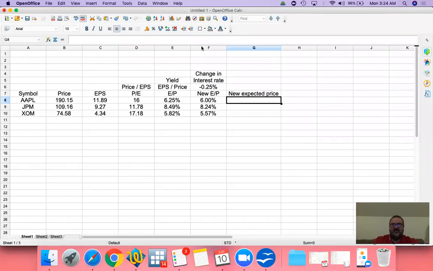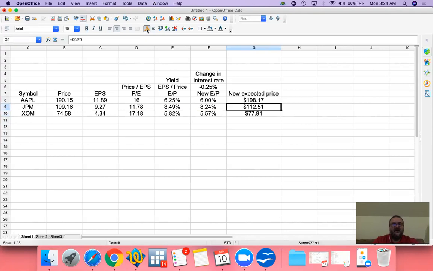So the new expected price would be the earnings per share divided by the new expected yield. So the actual earnings per share divided by the new expected yield, and the price will be 198. And then the same thing with JP Morgan Chase, 9.27 divided by the new expected yield, 1.12, and then 4.34 earnings per share divided by the new yield, and that gives you